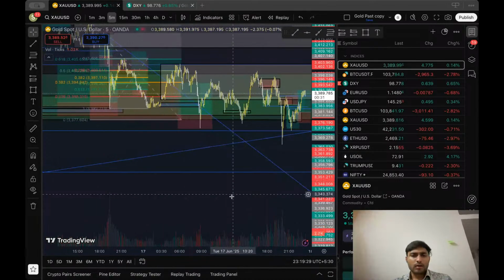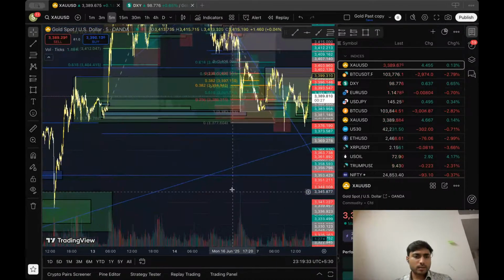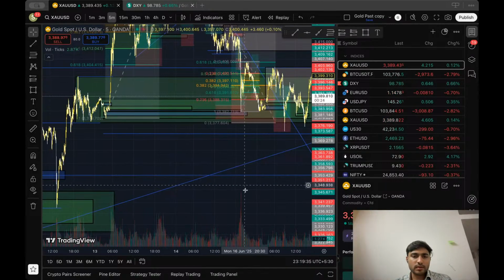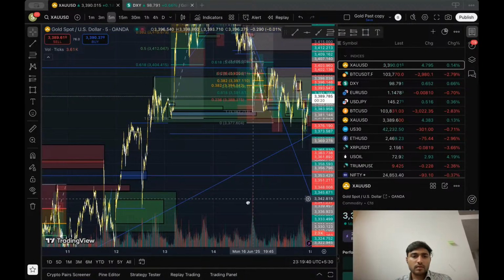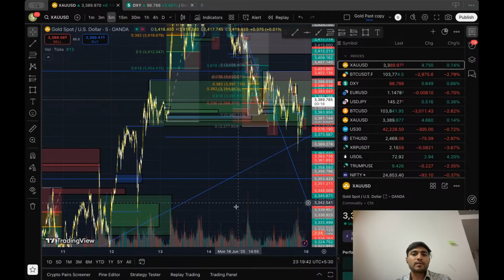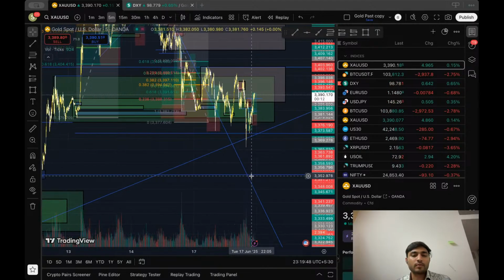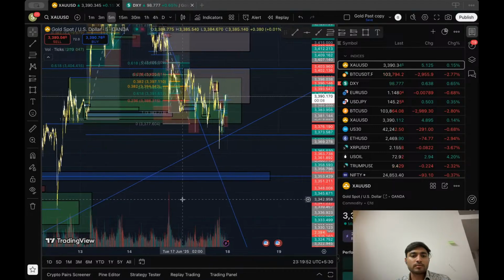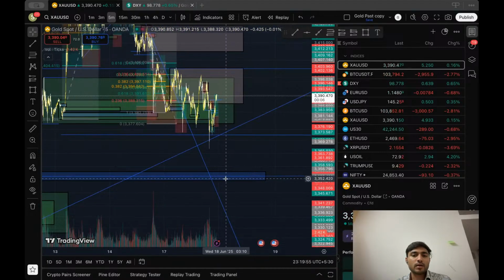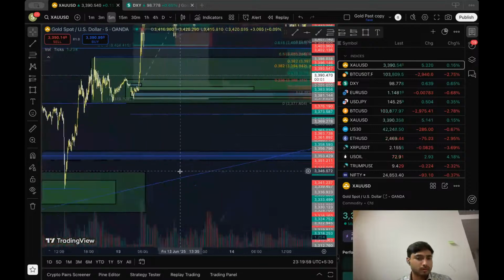Gold would have gone to at least these levels. We have already marked these levels. It would have definitely gone to these levels, which is 350, and which are great buying levels. From here, I'm willing to buy at 350 at this magic block, and an order block as well.